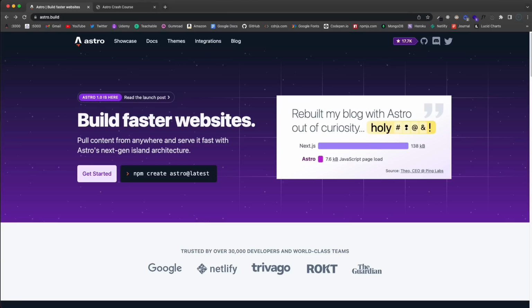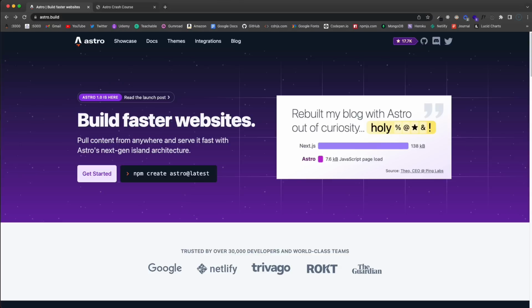So I've had a lot of requests to do a crash course on Astro, and I've been getting into it lately, and I have to say that I'm really impressed. I think that the simplicity, the flexibility, the performance is game changing when it comes to generating static websites. So in this crash course, we're going to get set up. We're going to build a website using Astro, but I just want to talk a little bit about what it